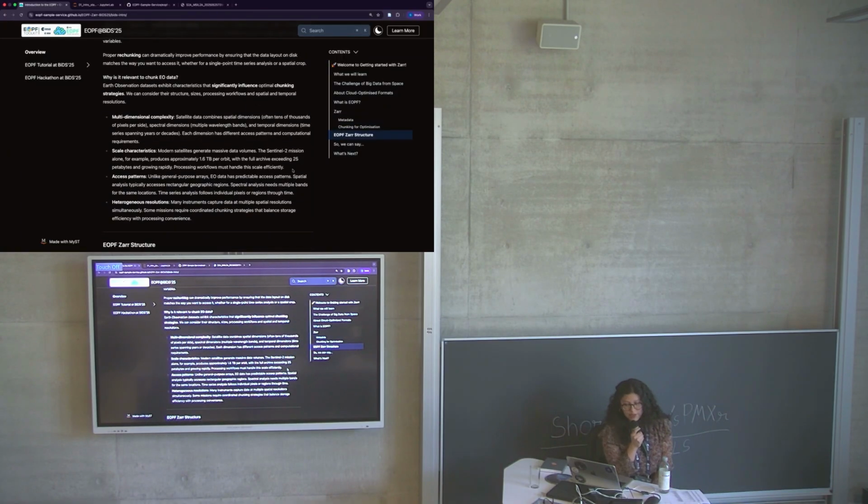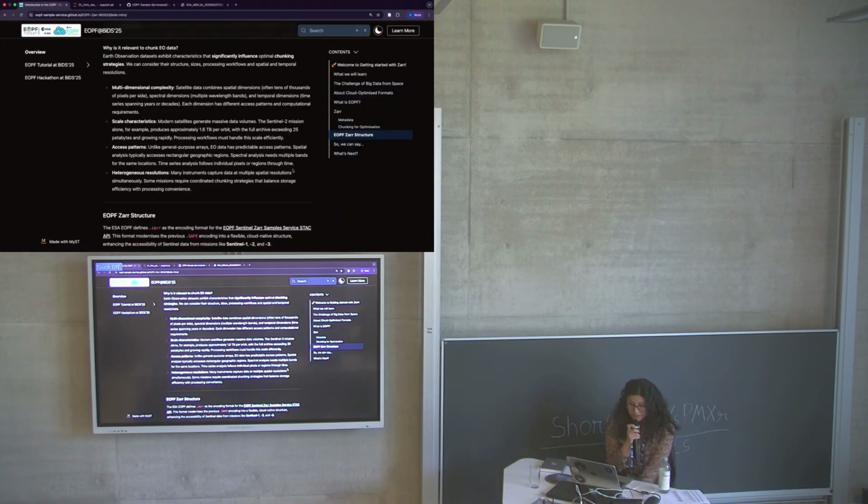So we can say that for Earth observation data, chunking could influence a lot the multidimensional complexity of missions, as they present several dimensions, several temporal and spectral dimensions, and they also have specific patterns. Also some scale characteristics, as, for example, the Sentinel-2 mission produces approximately 1.6 terabytes, and the chunking